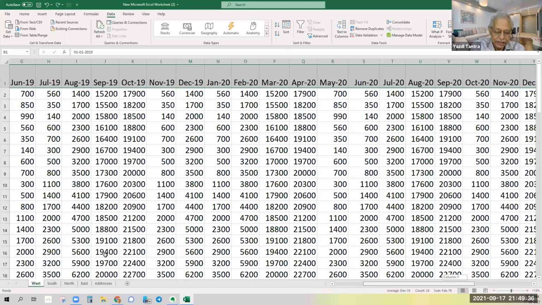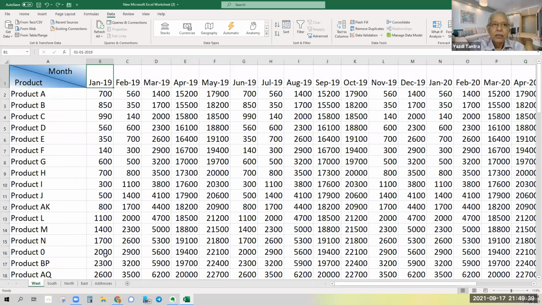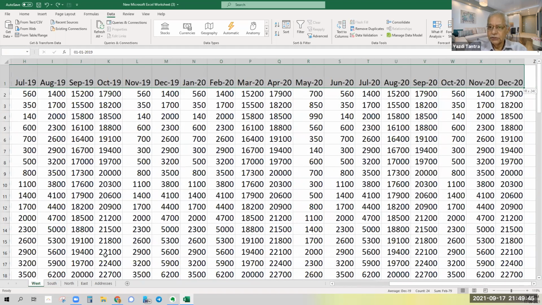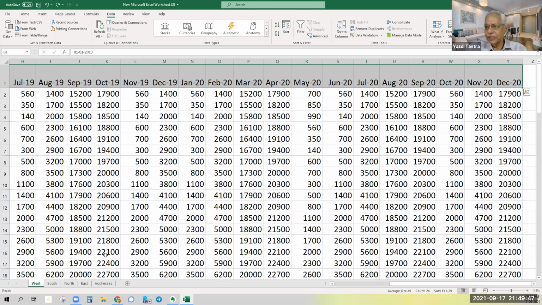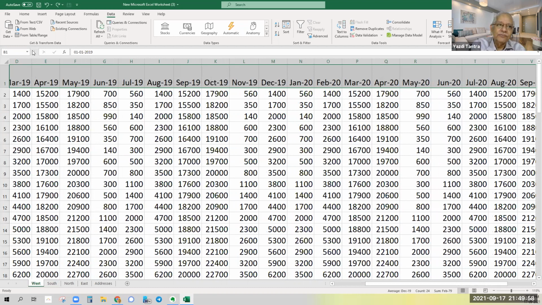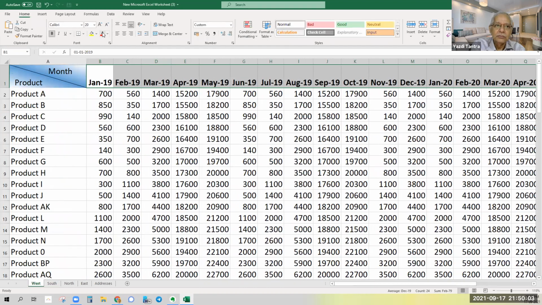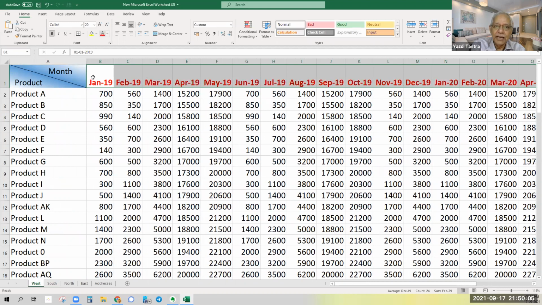Now, if you want to do a selection, what you do is Control, Shift, and arrow key. Straight. Control and arrow key takes you there. It does not select. Control, Shift, and arrow key selects the entire range. And then I can make it bold. I can make it whatever. I can do some formatting here, etc., maybe coloring, background, whatever you want to do.